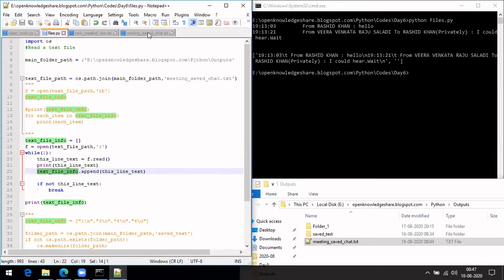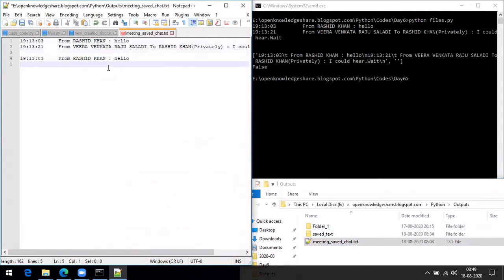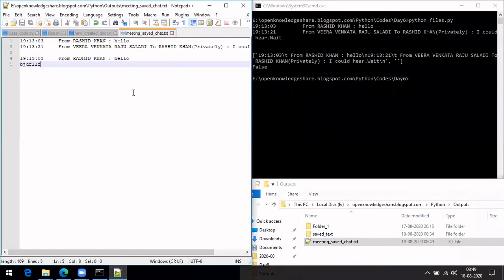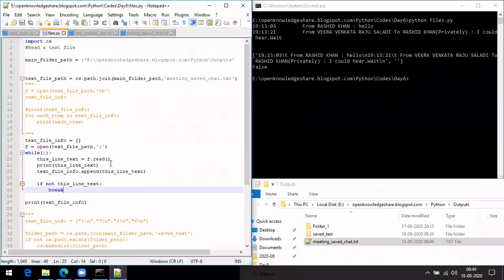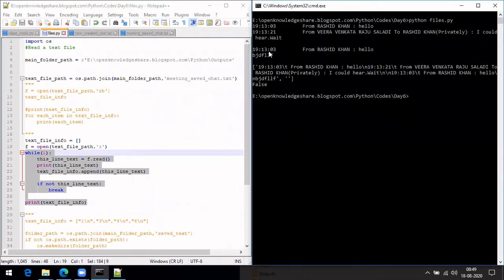While reading, the third one is also there. It was a new line. If you can see here, there is also a third one, which was just an empty one, right? So in case, let's see. Let me copy the same thing and add it here. Something like this, and I'm saving it. Will this work? Will it read all the lines or just the first two? See, it has read all the lines, not just the first, right?